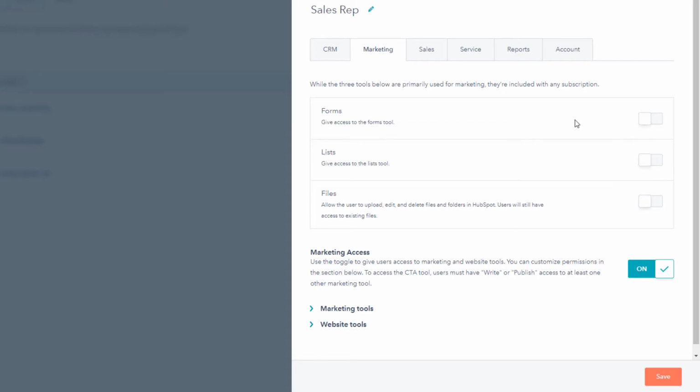Actually, I'm even going to say no to forms, because again, you could have a link to that standalone form in a snippet, and now you're simplifying your sales rep's life by just giving them access to a set of snippets that they can use that leverages the links of the forms and the files. So yeah, that's what I think.